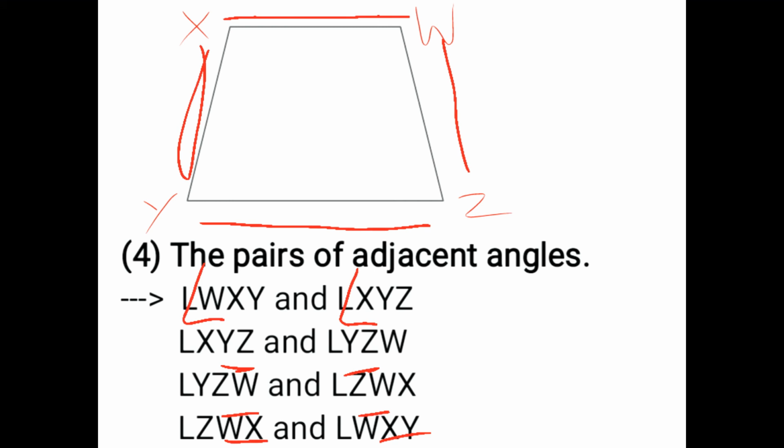For all four sides you have to take the common side or common arm when you name the adjacent angles. There are four pairs of adjacent angles. Here the L is there, you can name it as angle over here. Okay, like this way you can take angle.